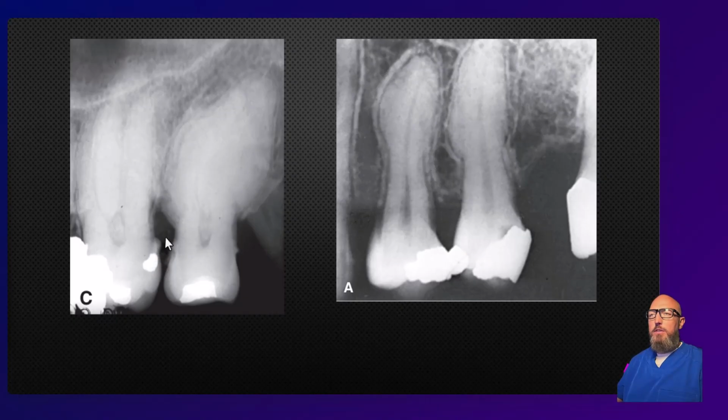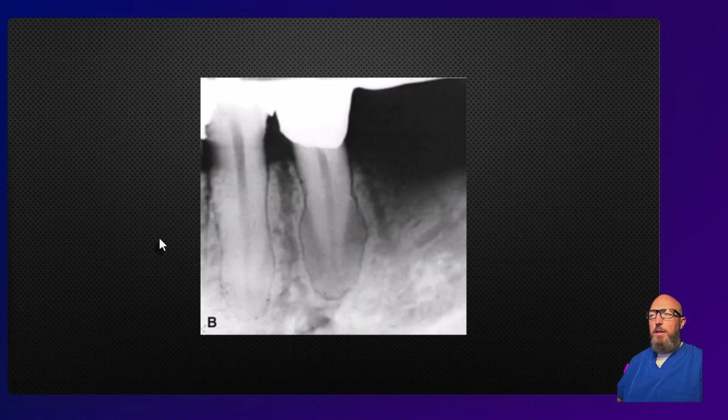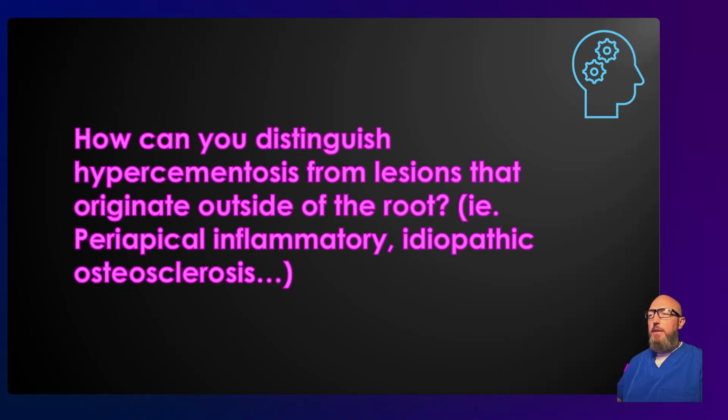So keep that appearance in mind. You'll see hypercementosis all the time. Here's one more example. Imagine this root kind of looking like a fishtail, but it's that PDL space that gives it away. All right, how are you going to differentiate hypercementosis from lesions that originate outside of the root, like